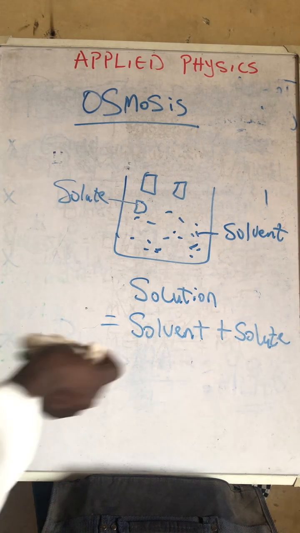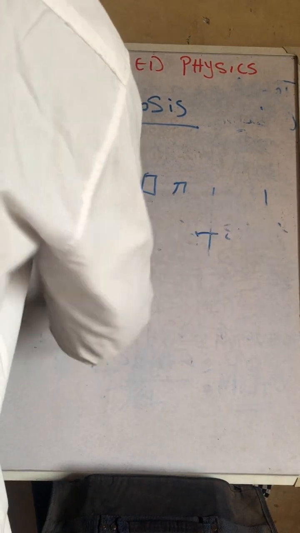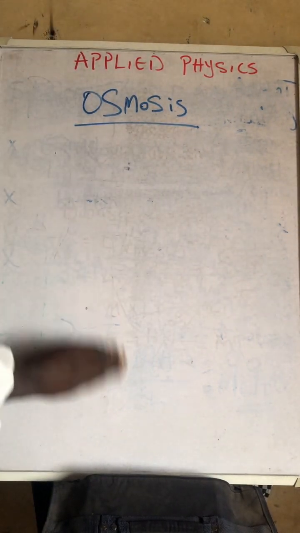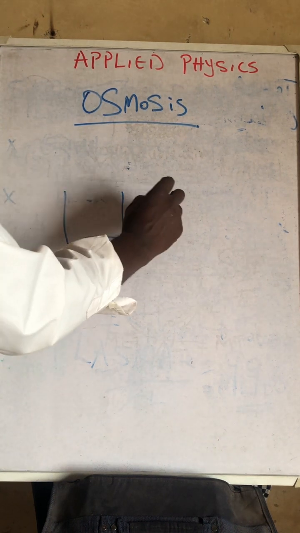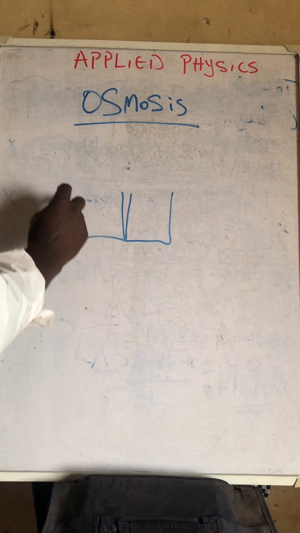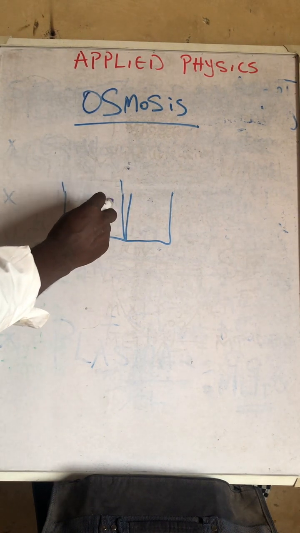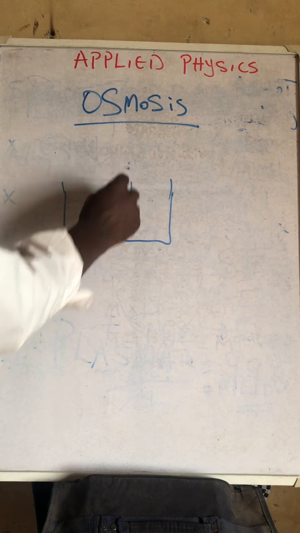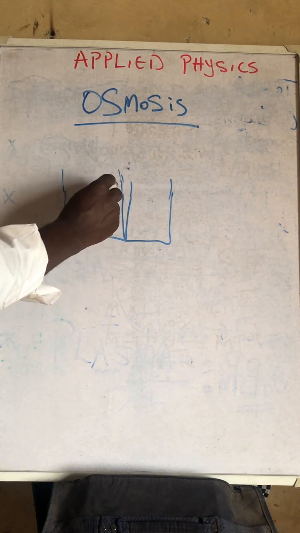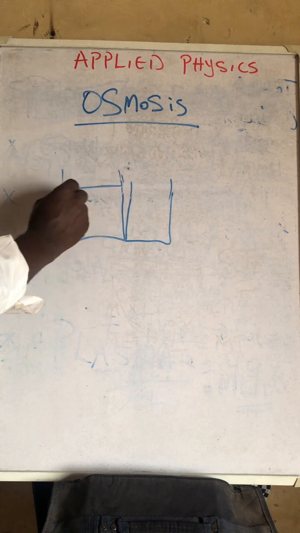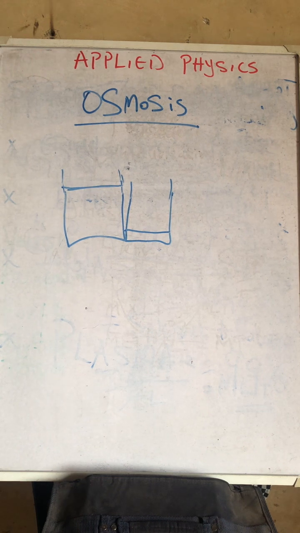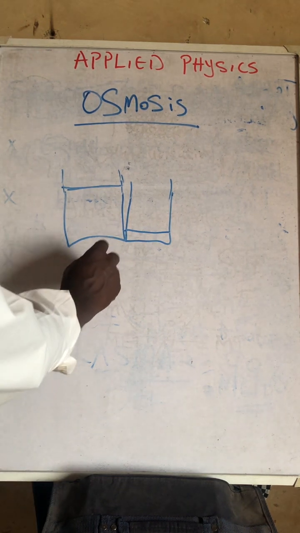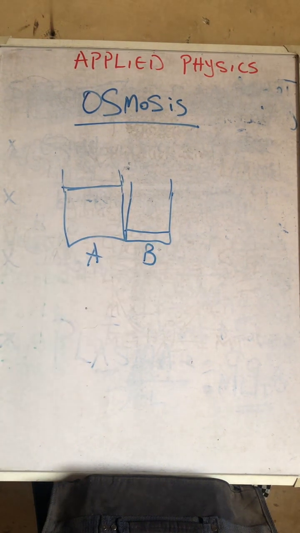Let me give a very simple illustration. Let's say these are two vessels, and let's say the volume of water here is up to this level, then the volume of water here is what? Up to this what? Level. So these are two different vessels. Let's call this A and let's call this B. So from this definition,